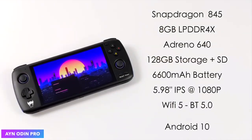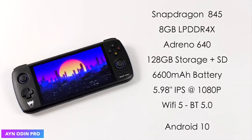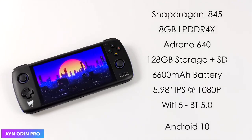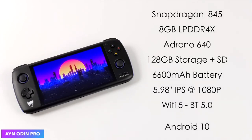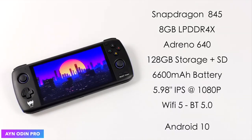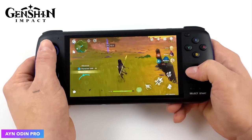We've got 8 gigabytes of RAM, 128 gigabytes of internal storage, plus micro SD card support, a 6600 milliamp hour battery, close to a 6-inch 1080p IPS display, Wi-Fi 5, Bluetooth 5.0, and it's running Android 10. When it comes to emulation, we've got GameCube, PS2, N64. We can also use this quite effectively for cloud gaming and game streaming,